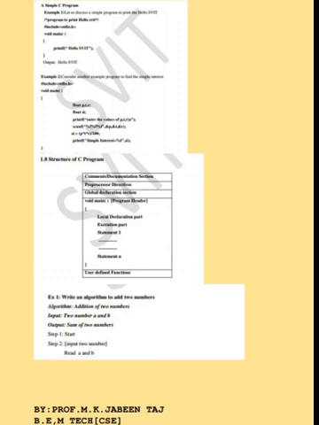Example: int a; float b; scanf("%d %f", &a, &b); Rules for scanf: